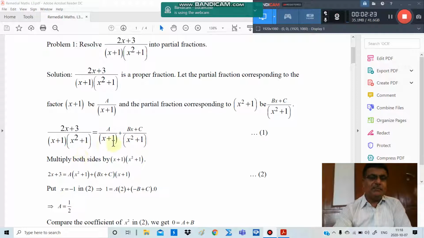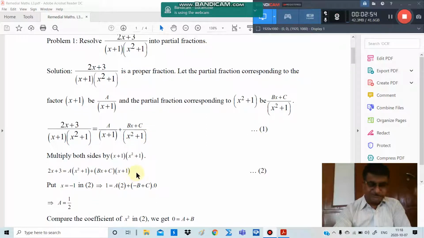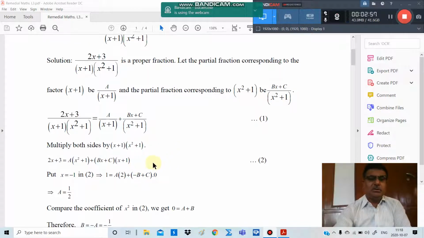Therefore, after cancellation, we get on the left side 2x plus 3, because the denominator is cancelled out when we multiply with the LCM, is equal to a into x square plus 1, because x plus 1 is cancelled out, plus bx plus c into x plus 1, because x square plus 1 is cancelled out. Suppose this is equation number